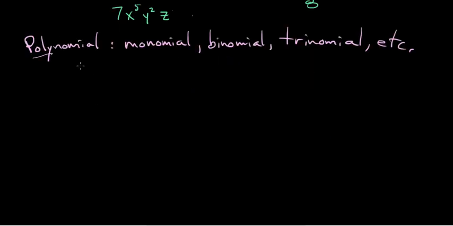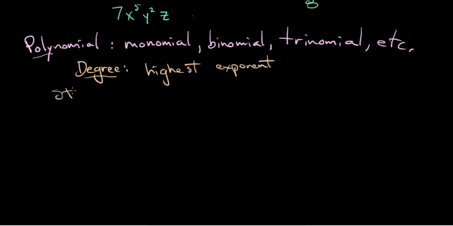Okay? Polynomial. The degree of a polynomial. Now remember, I said the degree of a monomial is when you add all the terms. Degree of a polynomial is different. It's just the degree of the highest or largest exponent. Okay? And I'm going to show you a couple examples in a minute here. But just degree is the highest exponent, and the standard form